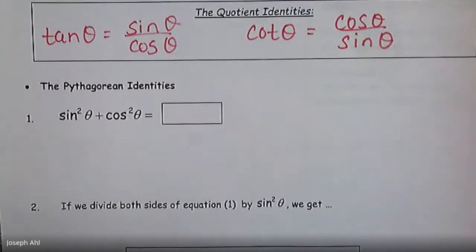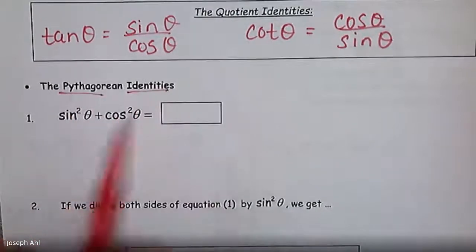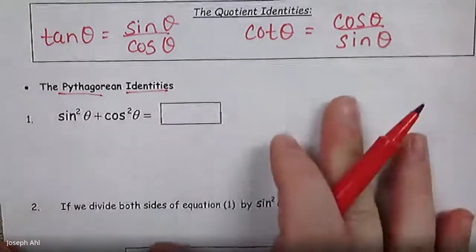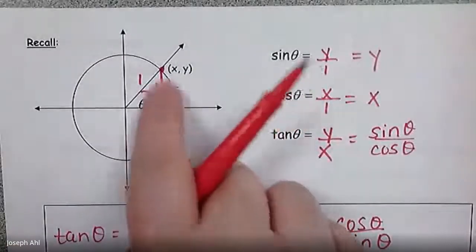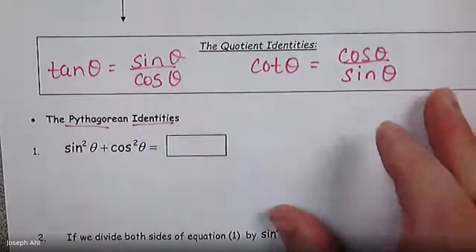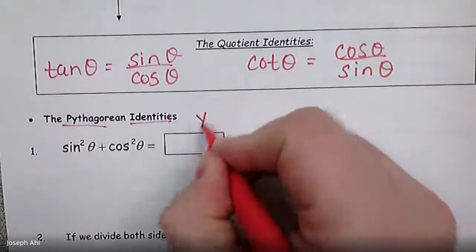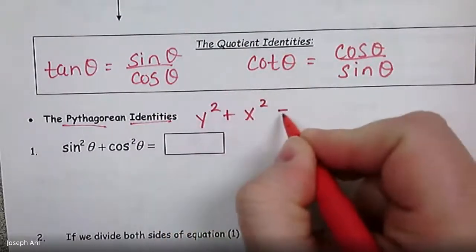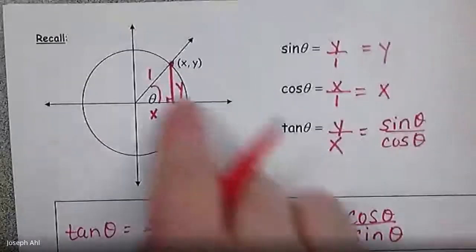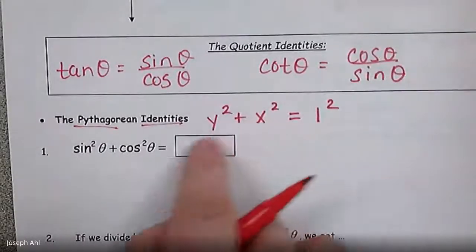Now we're going to get into some Pythagorean identities. And you've guessed correctly here. If we're talking about Pythagorean identities, we're talking about Pythagorean theorem. If you look at this triangle up here, if I applied Pythagorean theorem right there, we would have something along the lines of x squared plus y squared or y squared plus x squared equals 1 squared. Hopefully that would make sense according to the sides in the triangle. And the only reason I'm writing y first is because then it's going to match really nicely